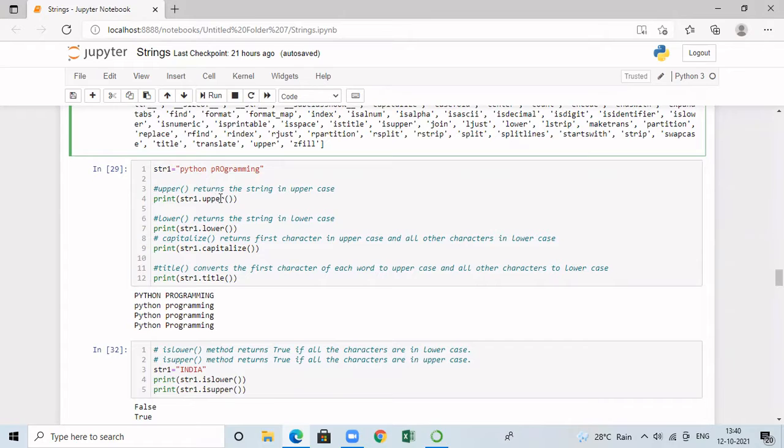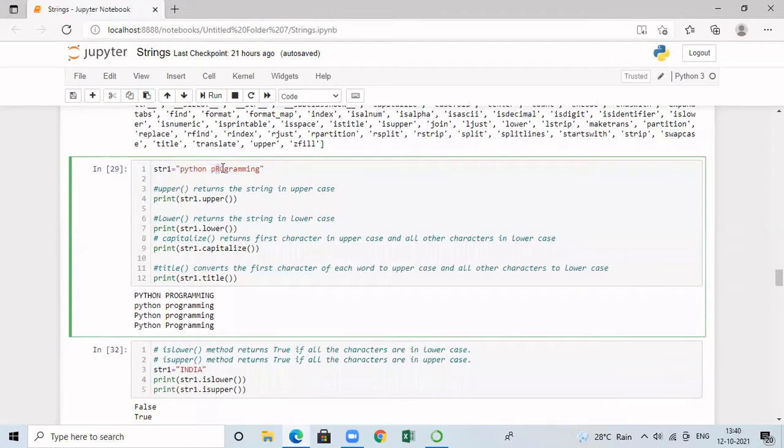For example, here in str1, I have Python programming where only two letters are in uppercase. When I call str1.upper, it is going to convert each and every character in the string into uppercase, and then the new string will be stored in a new memory location, and the reference to that memory location will be returned. We are printing that now.